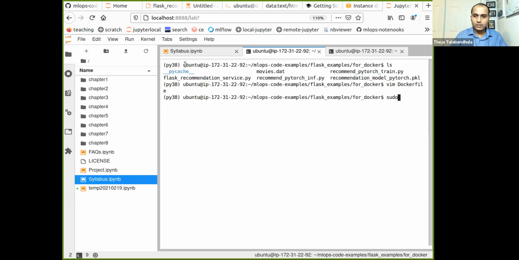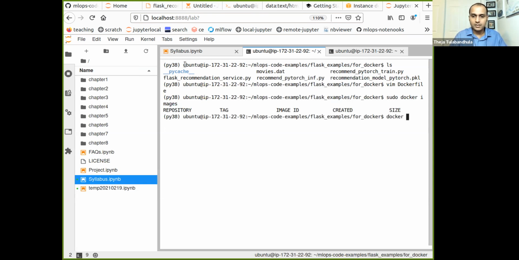So that's right. And now on this machine, which is supposed to be a beefier machine, if I do sudo docker images, you can see that there are no images. So now what we'll do is sudo docker, and we'll call build instead of run. Remember, run is if you already have an image, create a container from that image. We're going to do build, and since we're building, we will also give a tag. Is there a specific tag mentioned in the notes?